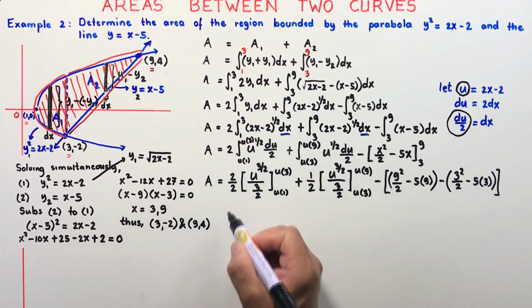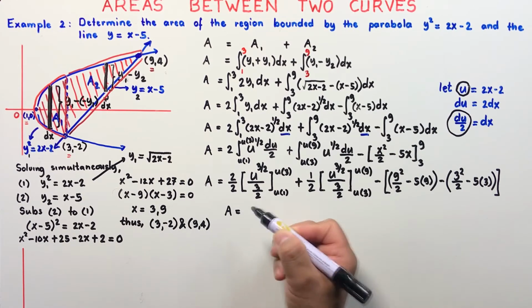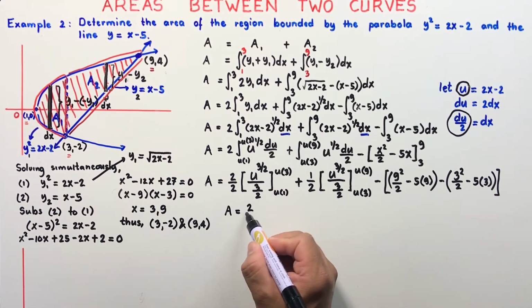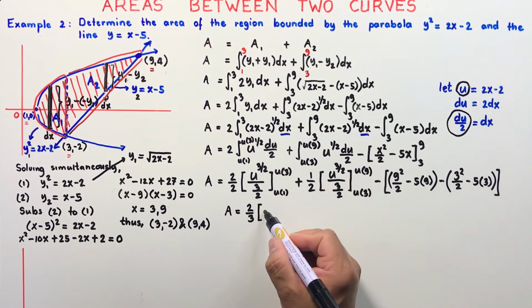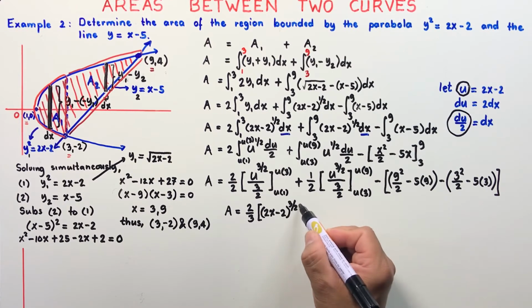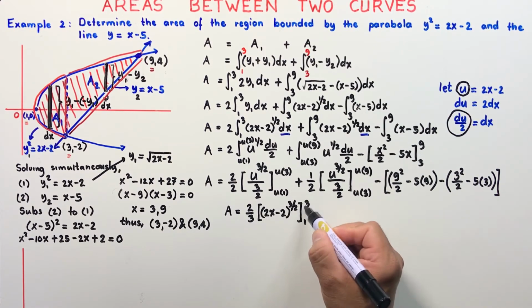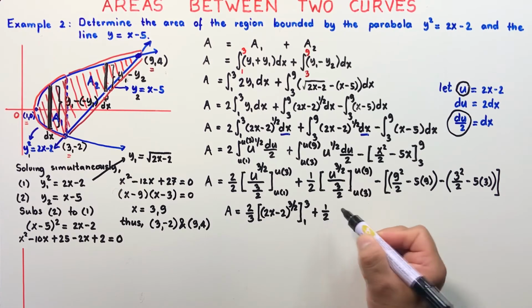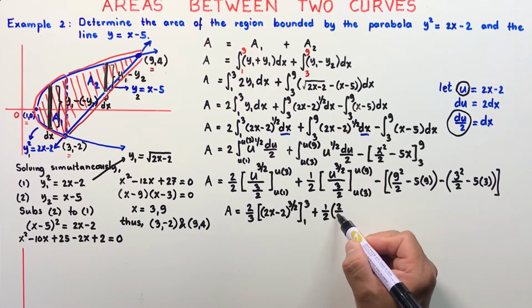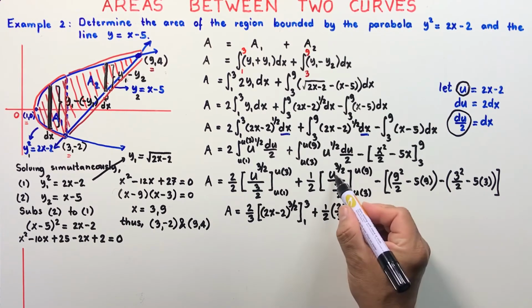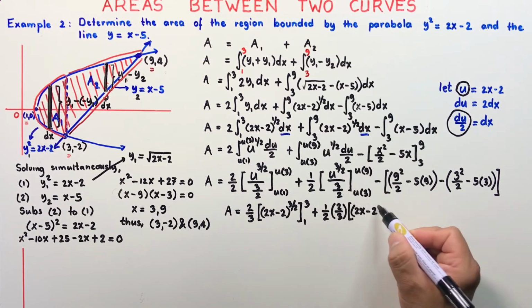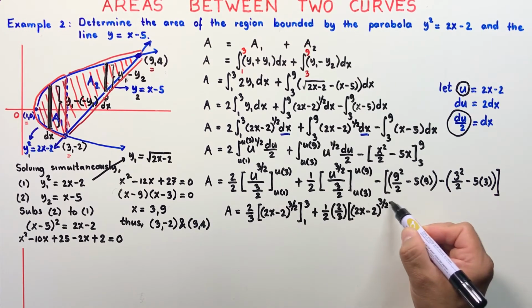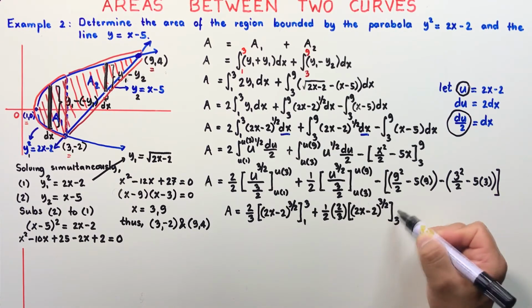So simplifying our answer, we have the reciprocal of 3/2, which is 2/3, times this u to the power 3/2, but our u is 2x minus 2, and this will be raised to the exponent 3/2 evaluated from 1 to 3, plus 1/2 times the reciprocal of this, which is 2/3 times this u to the power 3/2, but our u is 2x minus 2, and this will be raised to the exponent of 3/2 evaluated from 3 to 9,